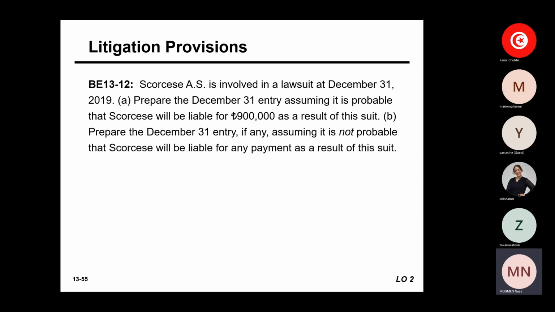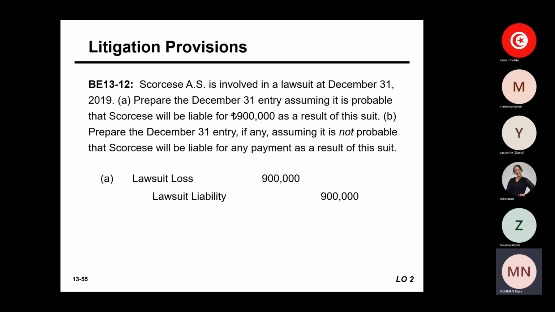So here what? We have a lawsuit already. So we have this pending lawsuit. We are assuming that there is this unfavorable outcome, and it is reliably estimated to be 900. So at this level, we should debit lawsuit loss, which is an other income and expense account, so lawsuit loss by 900, and of course lawsuit liability by 900. So here you see we will accrue a liability because of this situation.